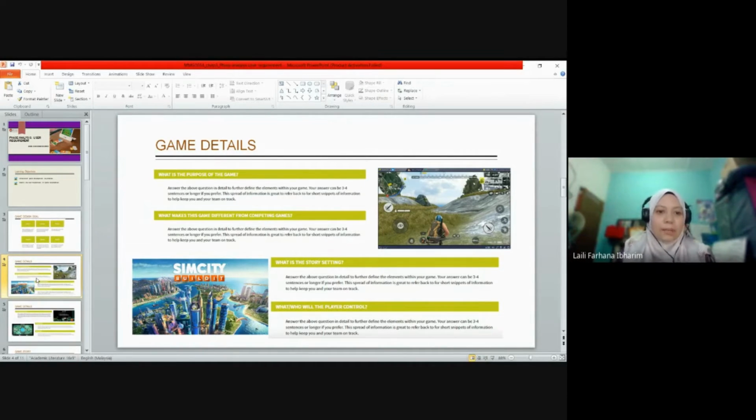And second, what makes this game different from the competing games? Means you have to make a market validation. You have to make survey. Okay, kita dah ada games yang similar. Kita rasa game kita ni macam kita inspired from some games kan. So kita do the comparison. Okay,